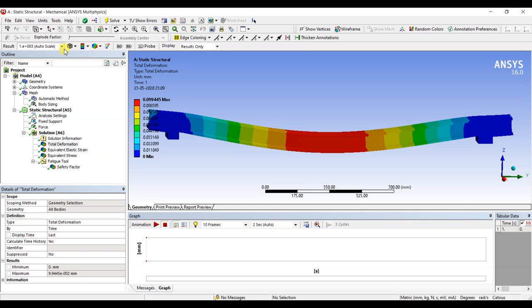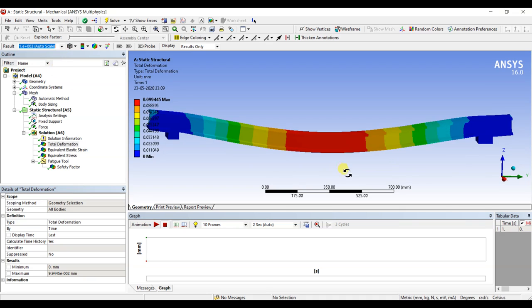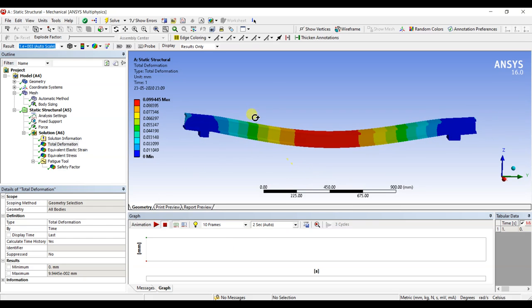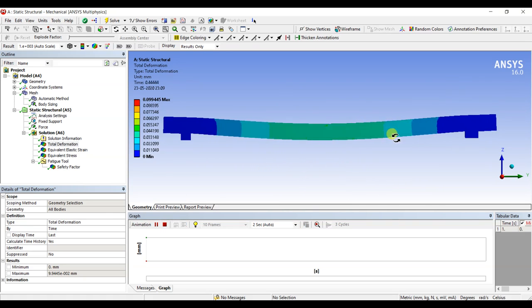Here is the result scale. So you can select the undeformed or 2x. Basically 2x means that it will multiply your results twice to show you better. So let us take it as auto scale, and if you want to see how your body is going to be deformed when a pressure is applied, you can check the animation by clicking on the animation. So as you can see, when you apply force, your body is going to be deformed in this way. So I am stopping the simulation,